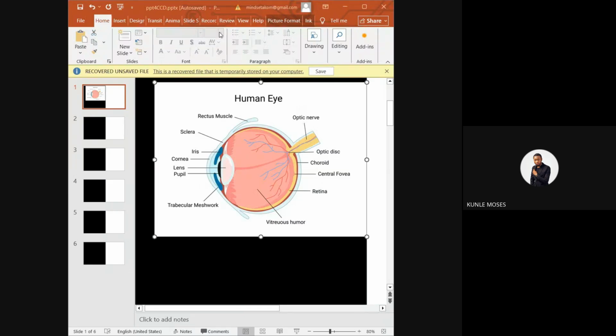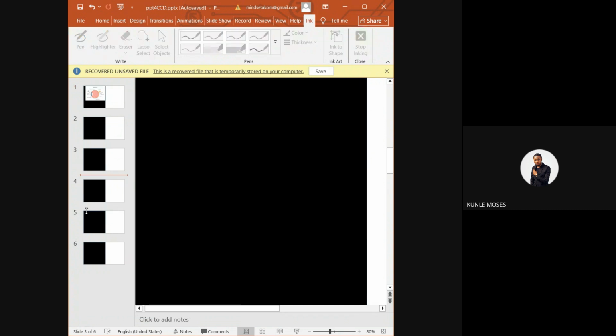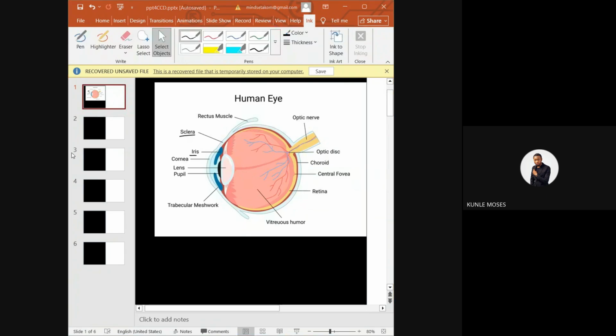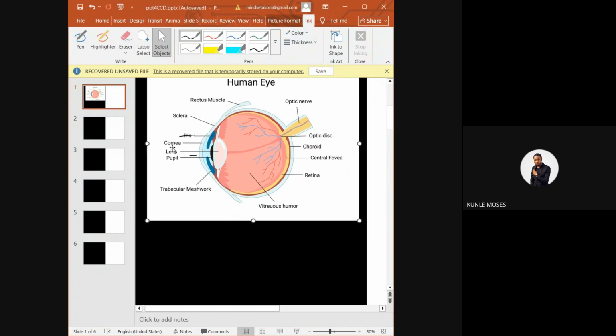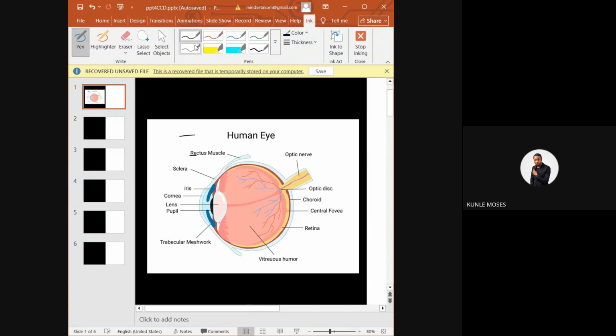I will quickly rush over this. Look at it here, the iris, the cornea, all these parts, what they do, and know how they can work together to perform a function. So the cornea is the component that allows light to enter the eye, and the cornea is interconnected with this part here.